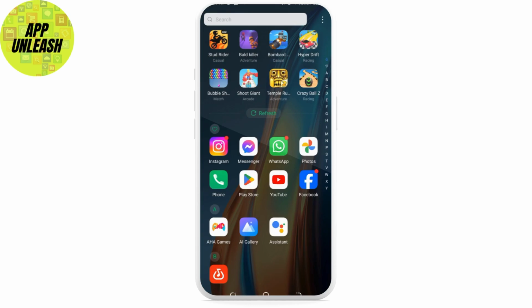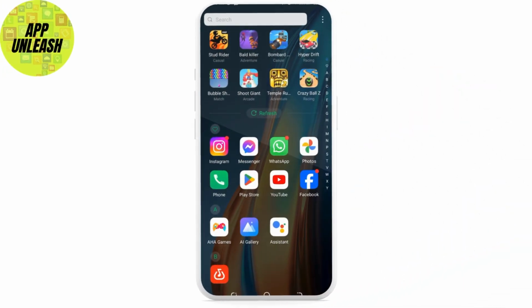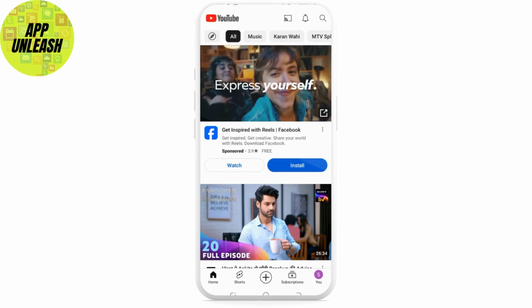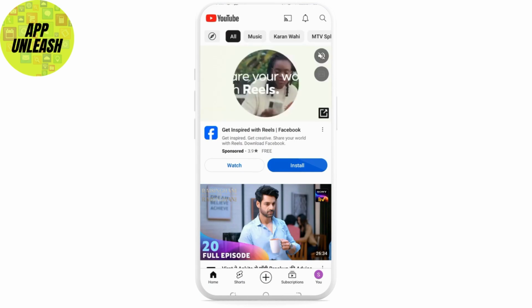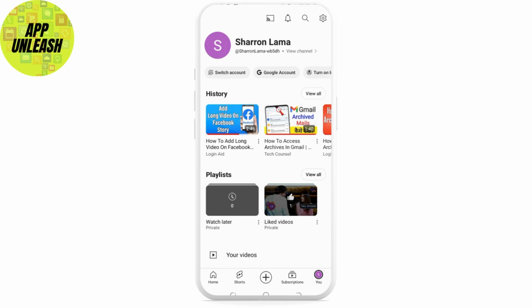In today's video I'm going to show you how to sign out from YouTube on Android phone. First of all, you need to open your YouTube app on your mobile device, and after that on the bottom right corner there's your profile icon. Select that, and after you reach your profile, on the top right corner we could see the settings option. Select that as well